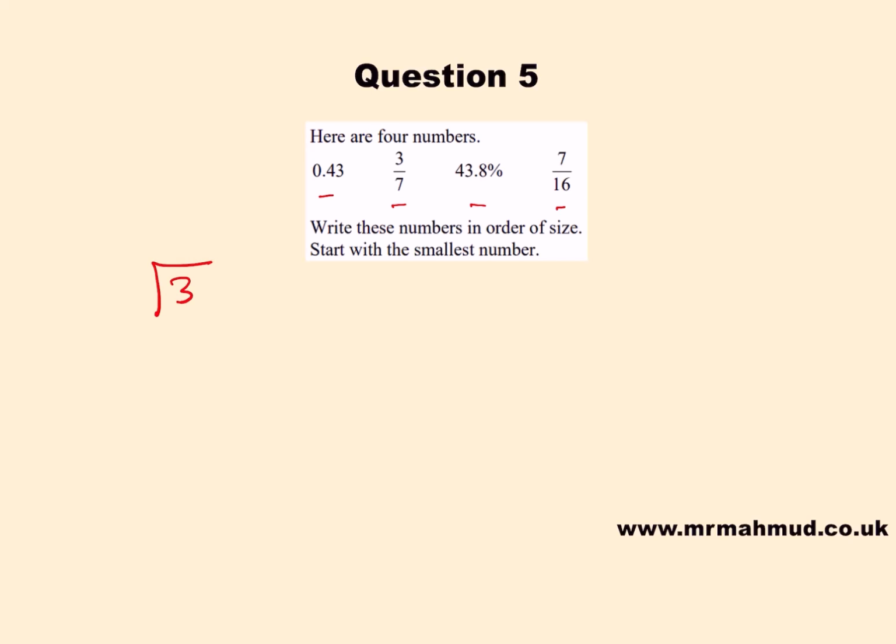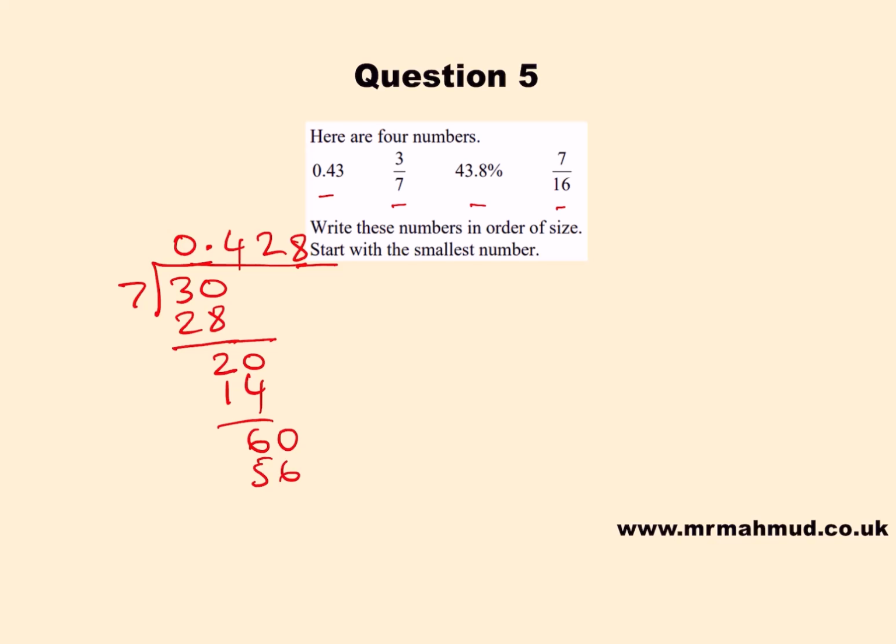So 3 divided by 7. 7 goes into 3 0 times. Put a decimal on. Put the 0 on. 4 times 7 is 28. 2 remainder. Put the 0 down. 7 times 2 is 14. 6 remainder. Too small, 0 down. 7 times 8 is 56. 4 remainder. Now, I would leave it up to here at 3 decimal places because it's enough to compare the